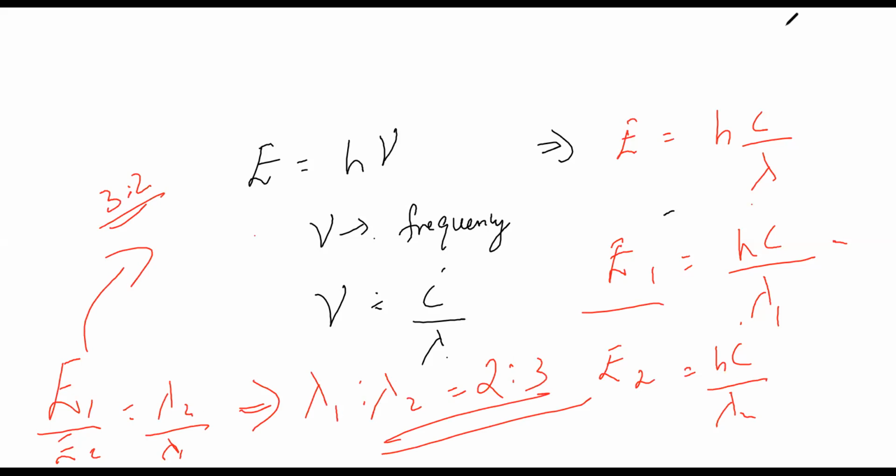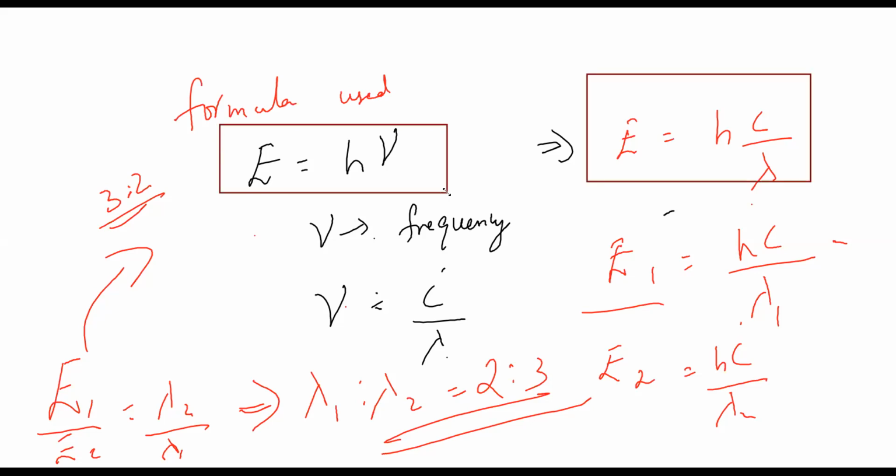Is everyone clear up to this? And trust me, none of the students writing the entrance examination don't know this formula, or they don't actually know about this. We would have studied everything. This is an entrance type question. So what is the formula used in this? The formula used is E is equal to h nu. I'll just mark everything for you guys so it'll be very easy for you. E is equal to h nu, then this is the second formula. So in your formula sheet, you have to add these two formulas. Is it clear for everyone?